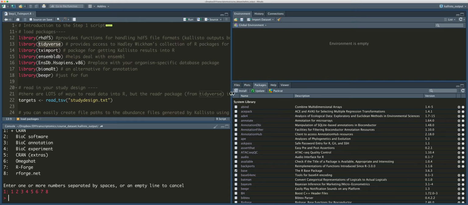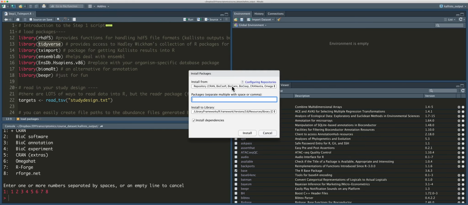And then when you choose install, you now see that you're looking at all these repositories, and you can just start typing the names of packages. For example, rhdf5, I can type tidyverse. These can be comma separated or just space separated. tximport, and RStudio is doing its autocomplete now. EnsDb,